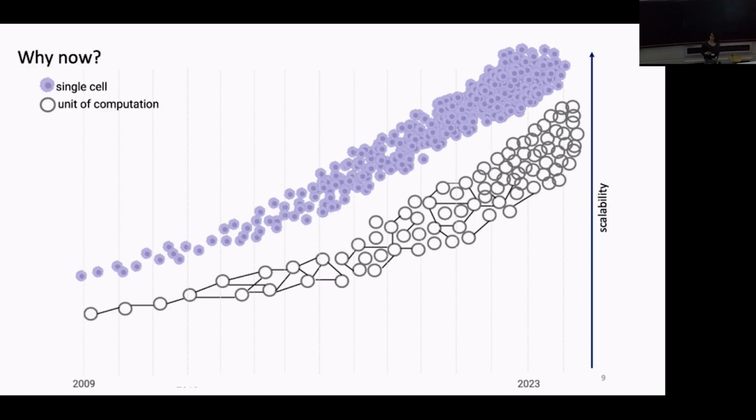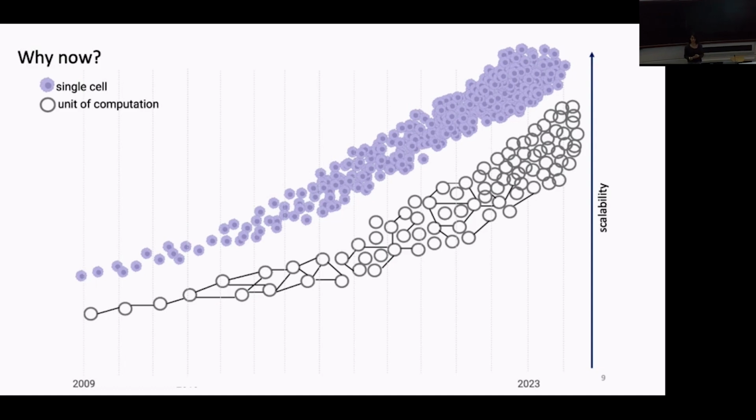And also we have observed a significant improvement in the scalability of these technologies. For example, the number of cells that are routinely profiled in one single experiment. So up to now, we have a lot of samples, 50 million, and in parallel to this, we are seeing